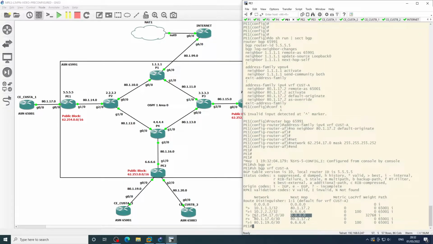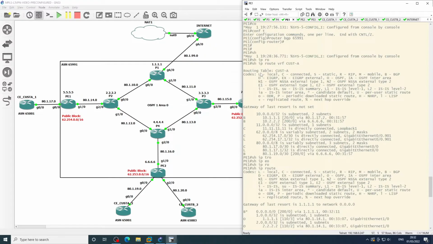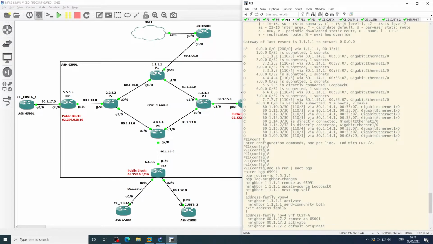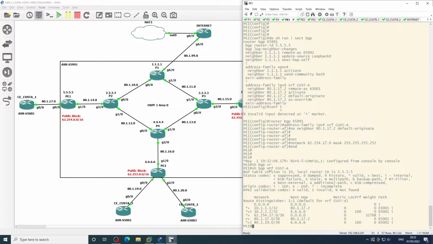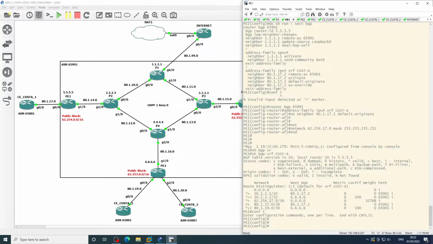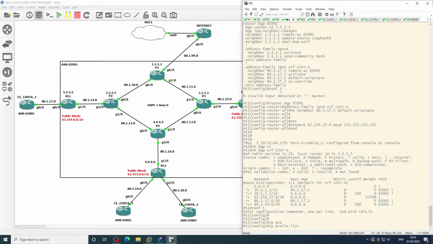Obviously this isn't going to go anywhere because it's already sat in the VRF routing table here as a directly connected route, so this isn't going to change anything in the global routing table. So what we need to do is create an IP prefix list. We'll call this P1 pub block,